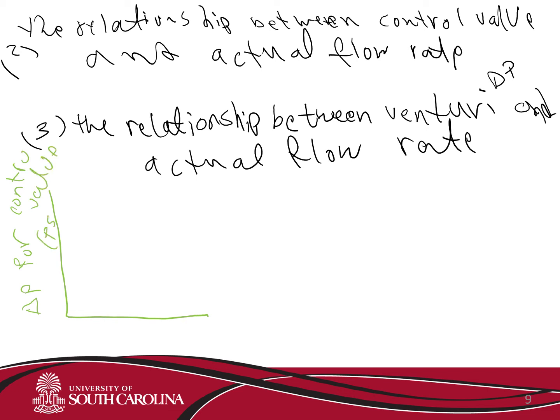You need to put a unit. If you use PSI, put PSI. If you use Newton per meter square, put Newton per meter square. And with the actual flow rate,